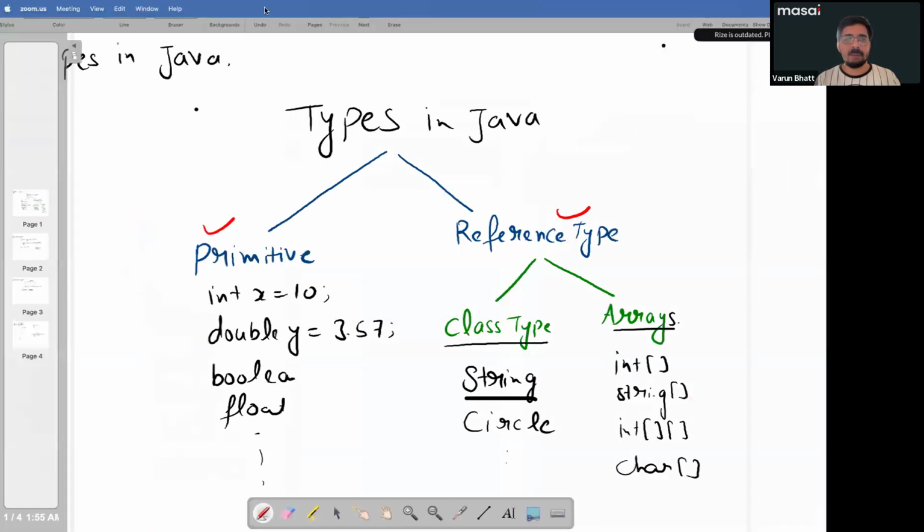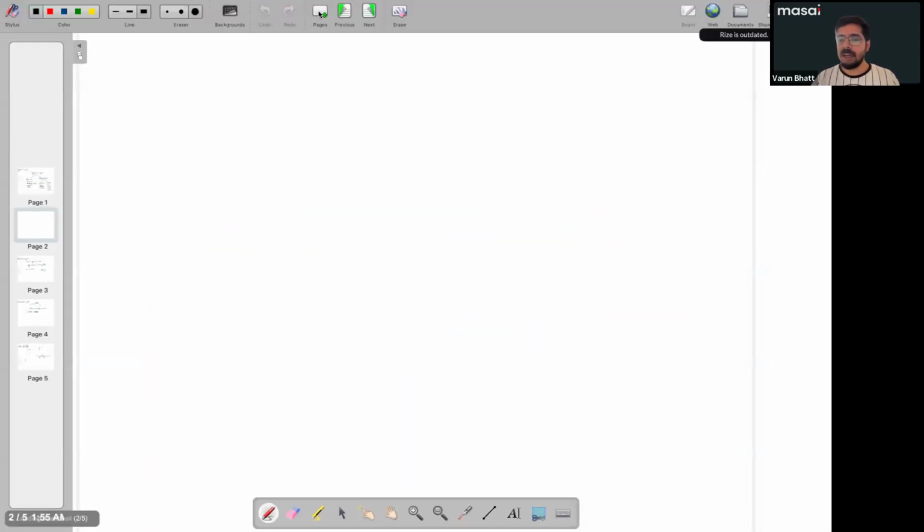Now you can ask me this question, but why? Why did we do this? Why do we categorize the data in these two categories? Why have we done this thing actually in these two categories? So look, the point here is that you already know that, suppose,